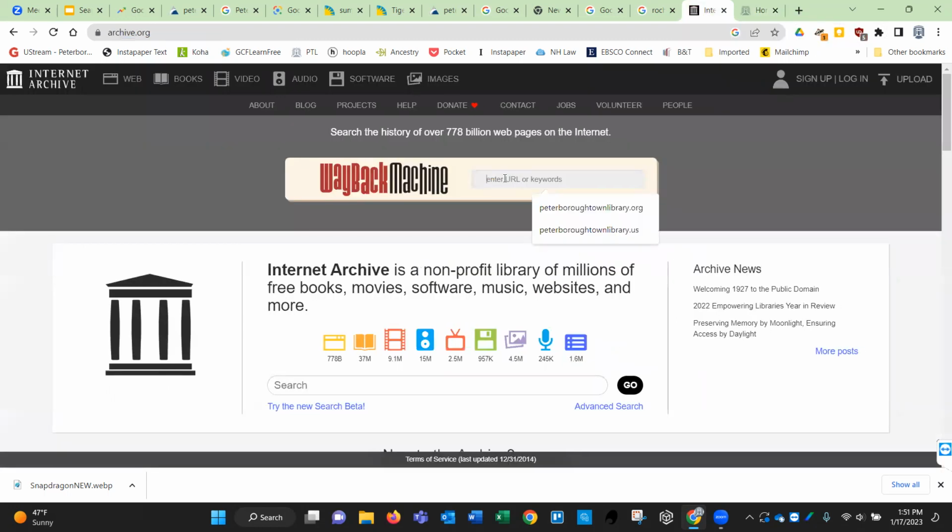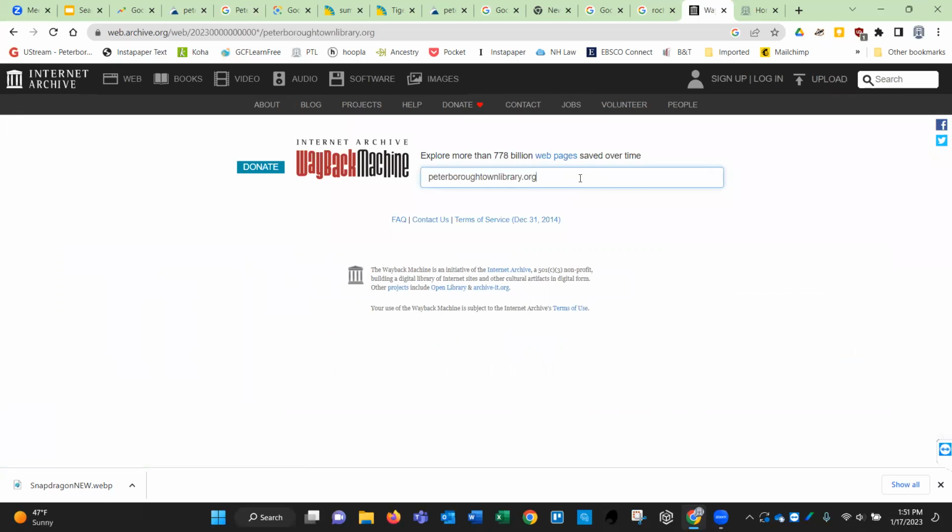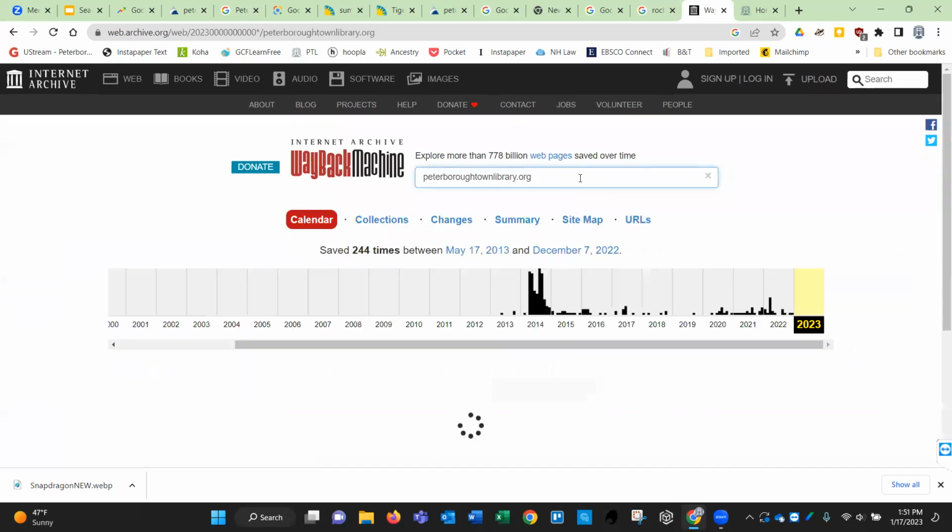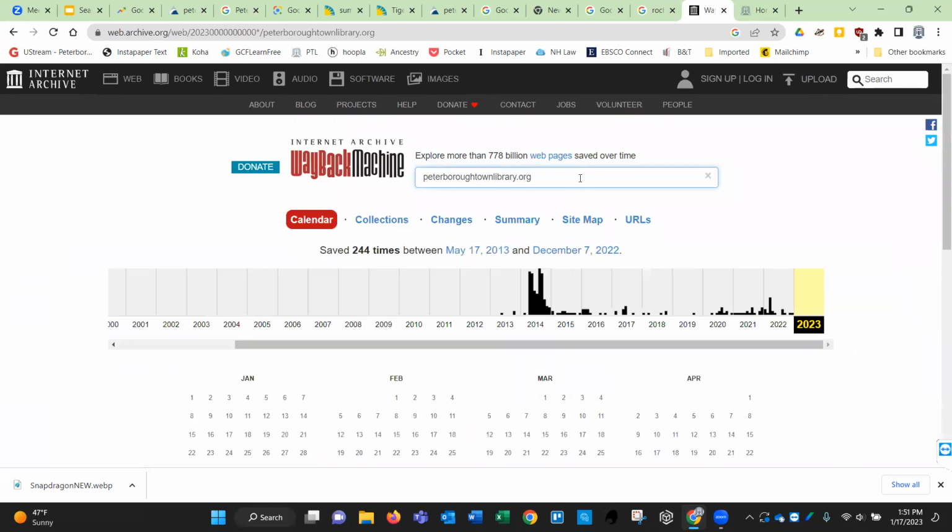If we go into the Wayback Machine, you can search for keywords, but I like to generally use it for full websites. So we will search. One negative thing with archive.org is it does take a bit of time because basically it has to go into its database, it has to pull up that information, and then it has to be able to display it to you.